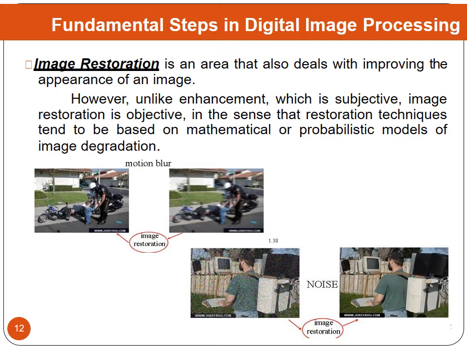The next step is image restoration. What is image restoration? While compressing and enhancing an image we may lose some data. In order to recover the data that has been lost, we go for image restoration without degrading the original image. For example, there can be a blur due to motion, and that can be restored by using image restoration. It is clearly explained by the example that is given.